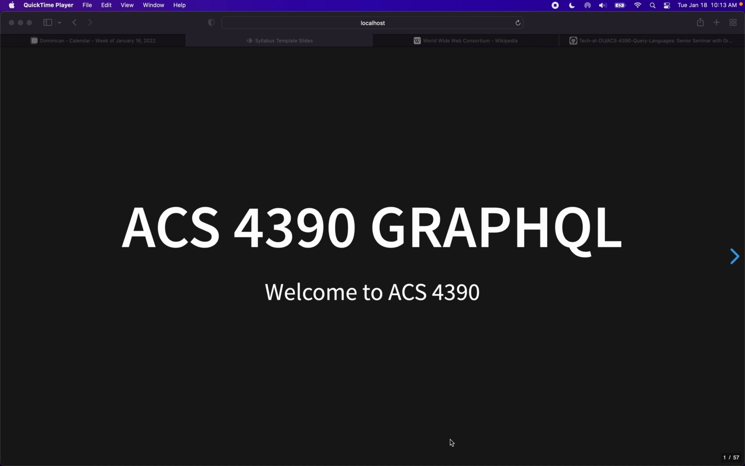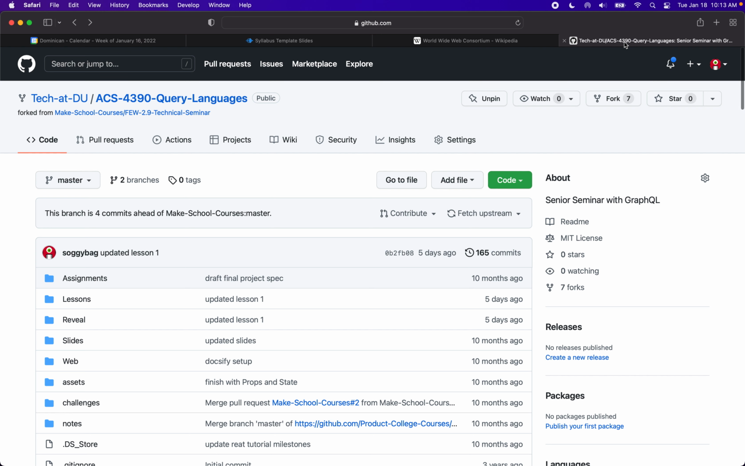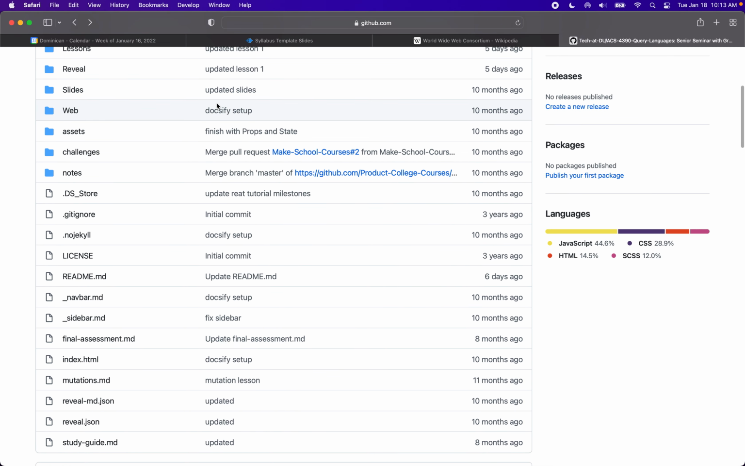Welcome to ACS 4390. This is going to be a class on GraphQL. Right now I'm looking at the slides, but the slides are actually in our GitHub repo, and they're just the README pages, but in slide form. Everything here in our Tech@DU ACS 4390 Query Languages class is all the material that we will be